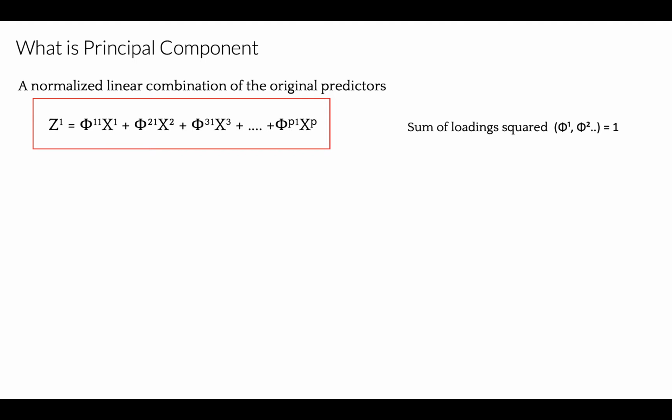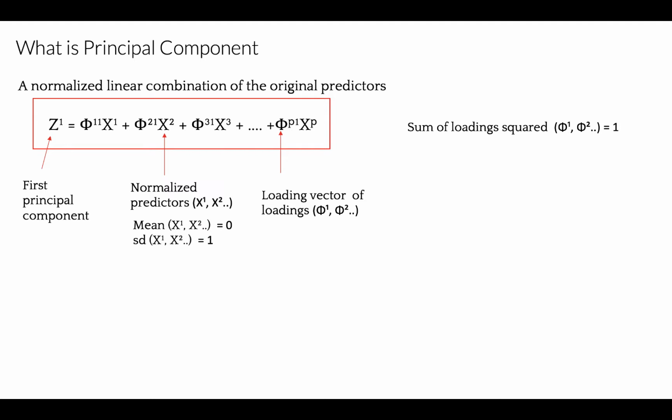What is a principal component? It is a normalized linear combination of the original predictors in a dataset, and it can be written as this formula. Z is the first principal component. Phi is the loading vector comprising loadings Phi1, Phi2 of the first principal component. The loadings are constrained so that the sum of squares equals 1, and they also define the direction of the principal component